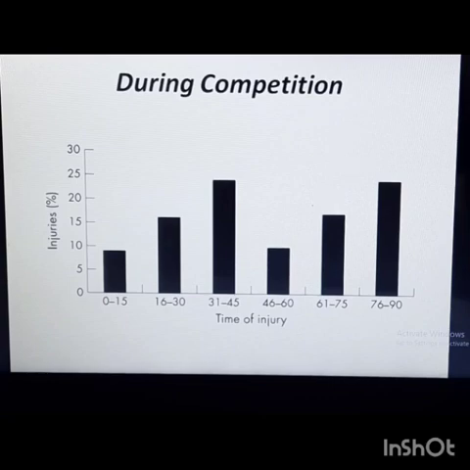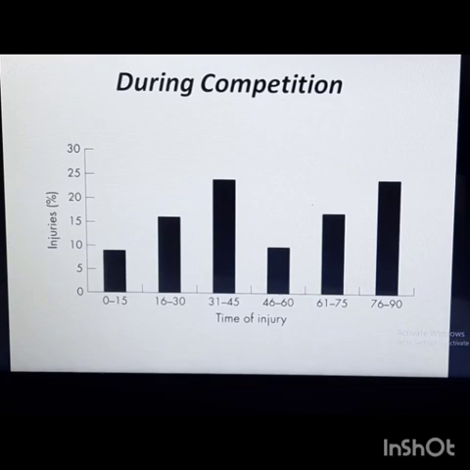So this is the time when the intensity of the game is too high. The injuries are happening throughout the 90 minutes, but these are the 2 peak times where the injuries are maximum, because either the players are defending or attacking, either team is under pressure because they are coming to the end of the game. So this is the peak time of injury. If you accumulate both percentages, 50% of the total injuries happening in the game are between these 2 periods.